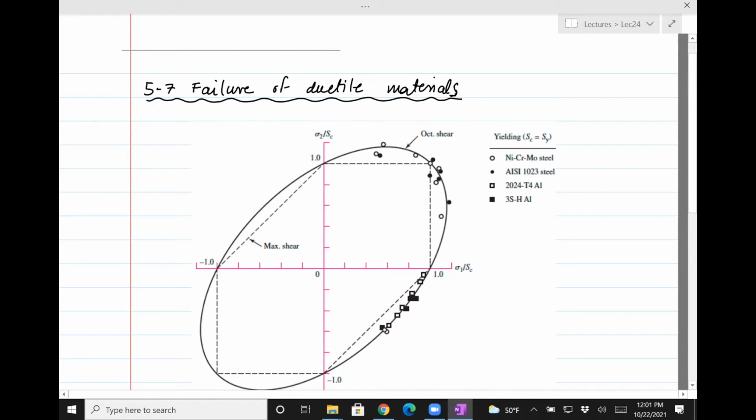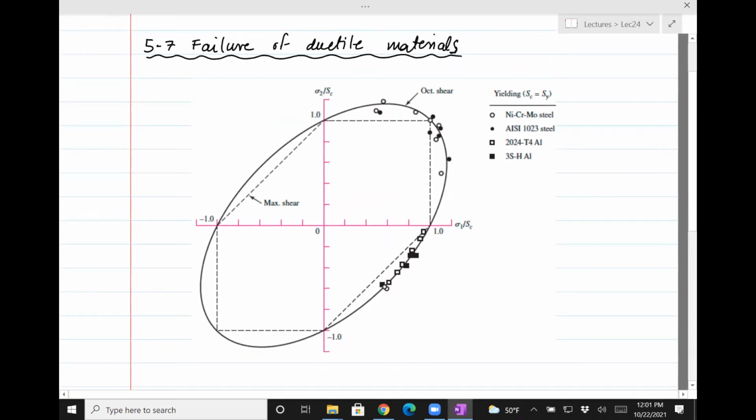Let's start. So this class, we will be seeing application of what we've learned so far, the three theories of failure of ductile materials. So the question is, how do you choose a theory for applying or designing a machine? What you can do is you can take different materials. So here there are 4 of them which are shown, and stress it up, right? Keep increasing the stress in tension, and then when it fails, figure out what the stress at which it failed,